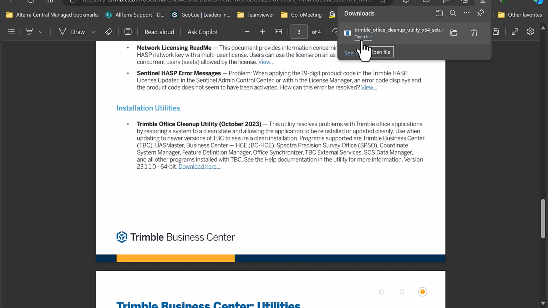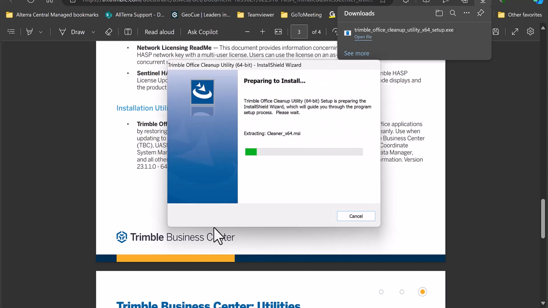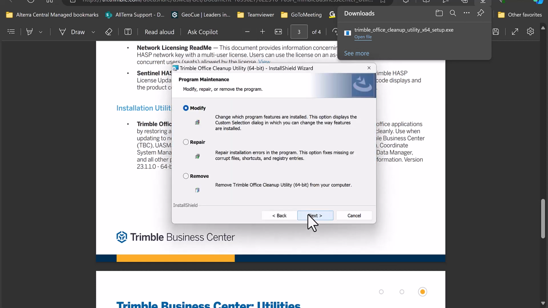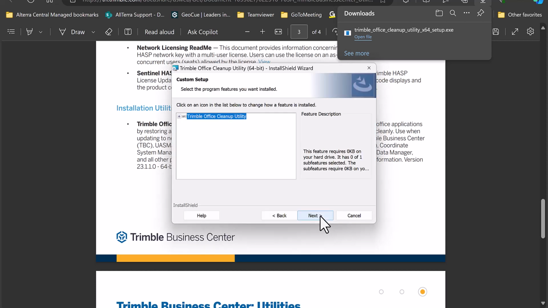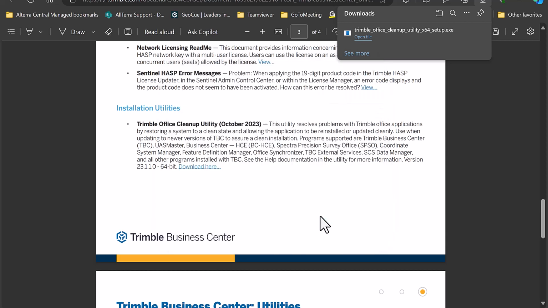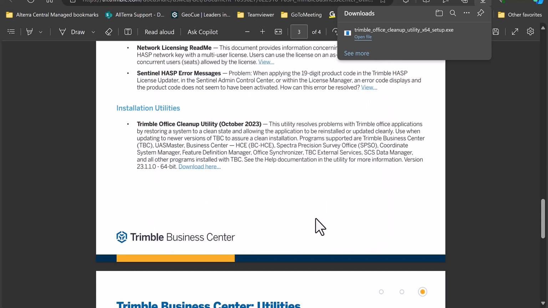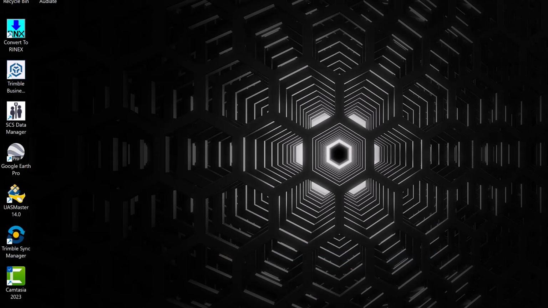and then once it downloads, we'll just click Open File, tell it yes. Once the widget comes up, we'll hit Next. Next, next, and install. Then finish. Now we can close the browser,